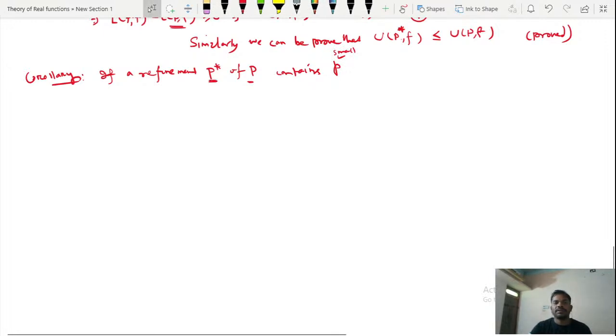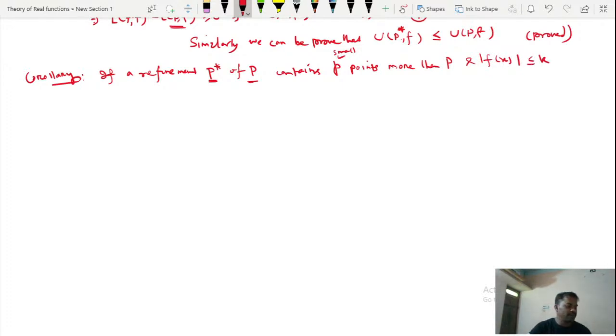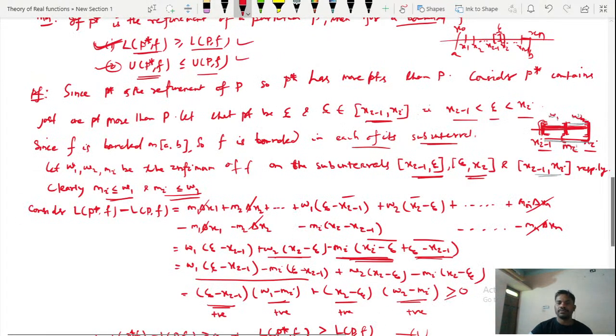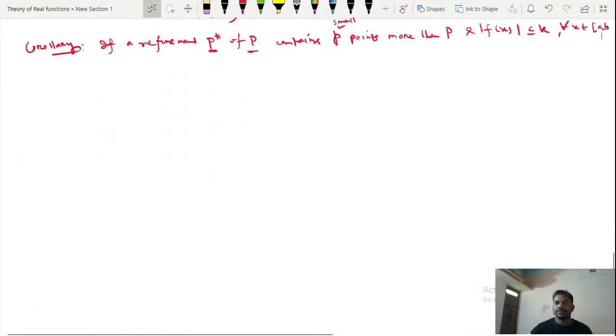If a refinement P star of P contains more points than partition P, and the modulus of f of x is less than or equal to k, that means f of x is bounded by k for all x belonging to the closed interval AB, then we have to show that